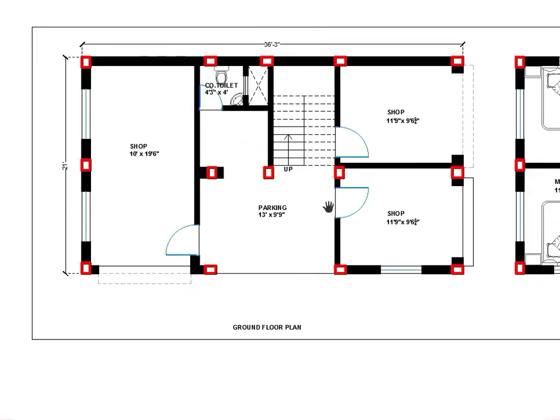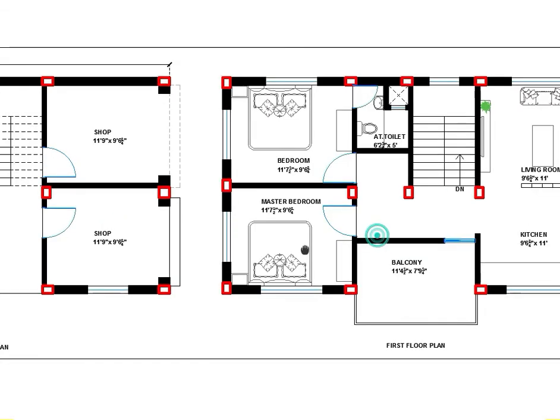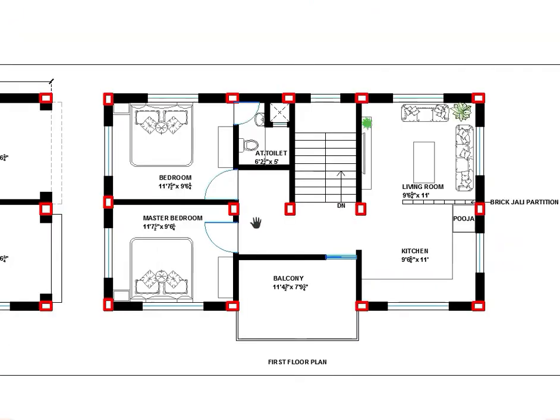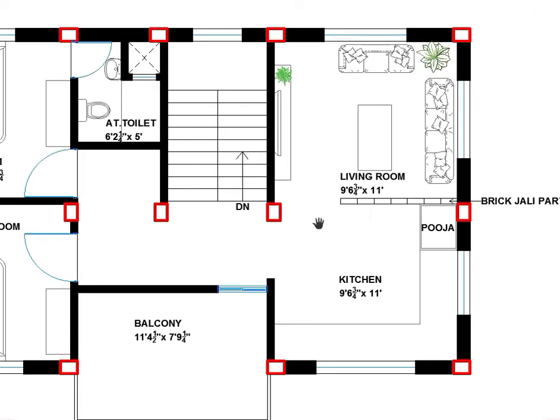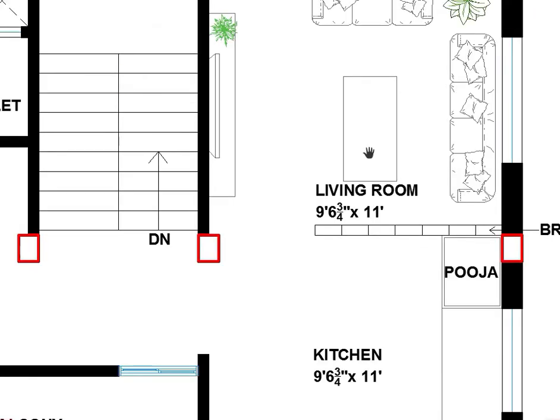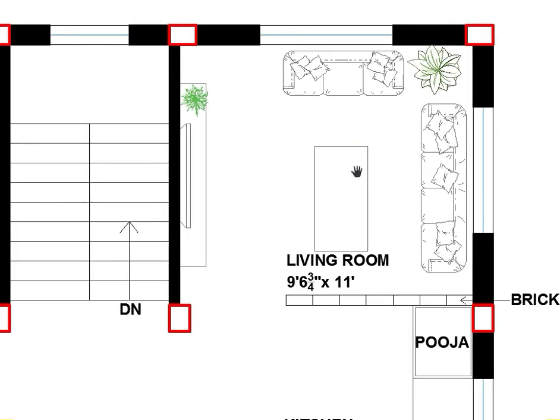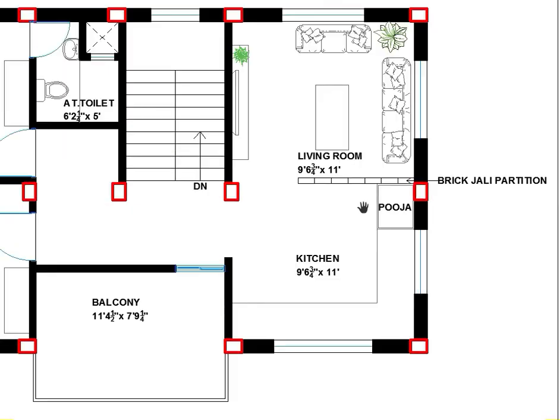We move to the first floor level. So let's go to the first floor. This one is the first floor. We come here, we stop here, and we are entering. This one is the open balcony space, and from here to here is the overall circulation space. Let's check the living room. This one is the living room, which is 9 feet 6 inch by 11. It means here to here 9 feet 6, and here to here 11.